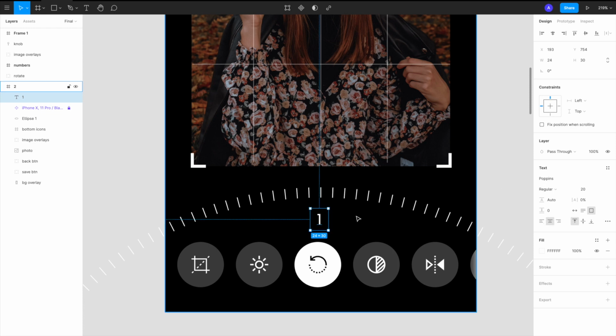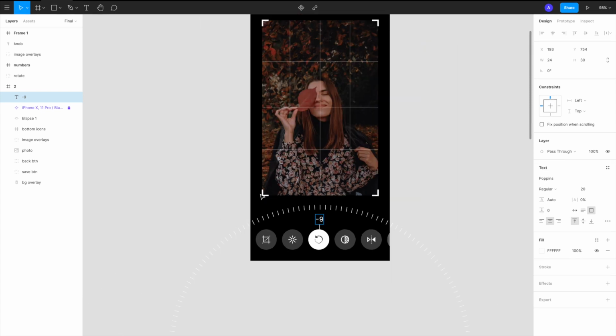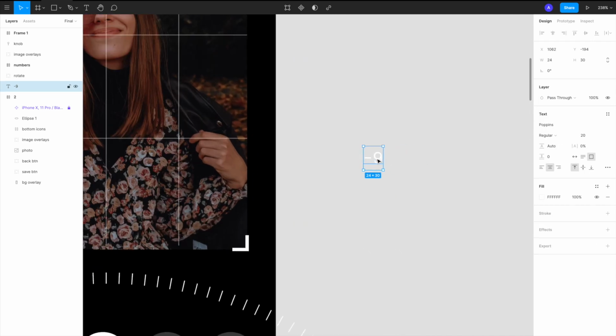Now once we start moving the UI, this number should also change. To do that, let's create a counter, and it's really easy. Let's start with something around -9, and this is a small trick, guys, so follow as it is. Let me just keep it outside the artboard and I'll show you how it works. So -9 is here, hit enter, -8, hit enter, -7, right,